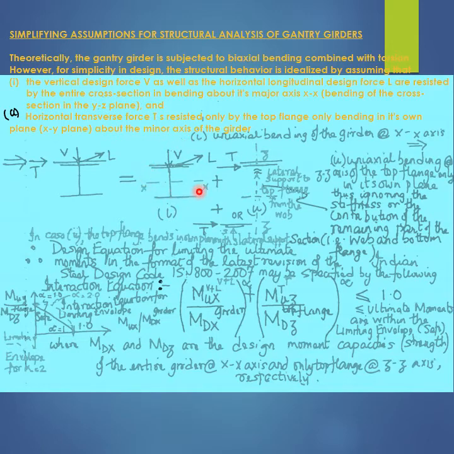as the bending moments about the two different axes, that is the major axis XX and the minor axis ZZ of the gantry girder cross section, are biaxial or acting along different axes, and the interaction equation governing the limiting values of the ultimate moments therefore may be presented in the format shown in this equation, or